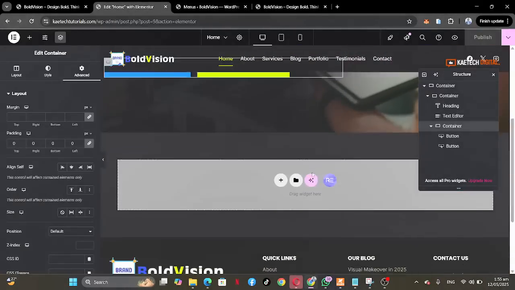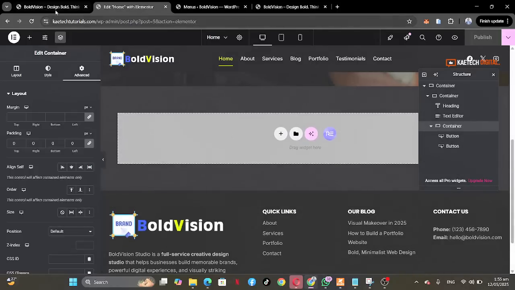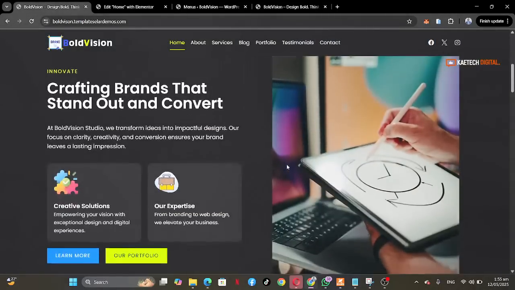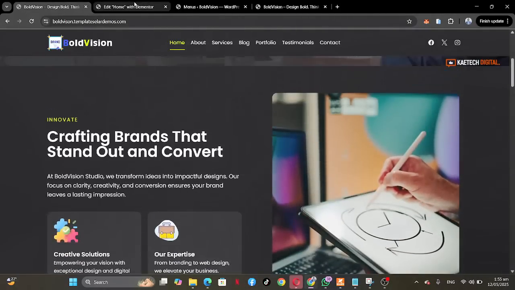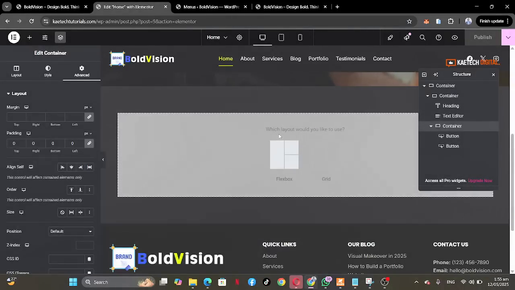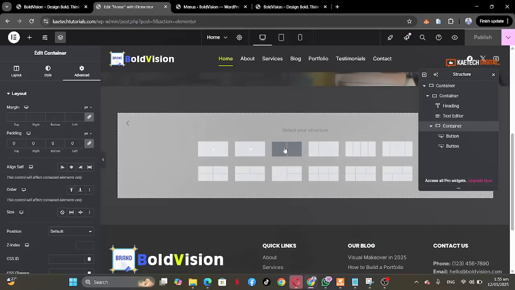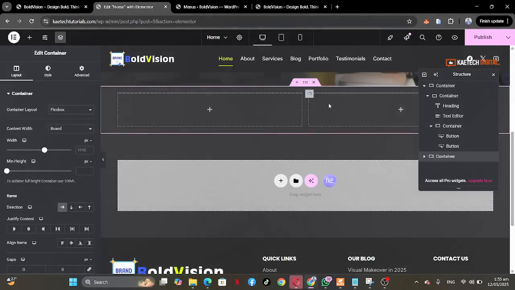Okay, so now let's quickly go to the next one. That's the next section over here, which is this particular section over here. We have this side and this side. Okay, so we have two different sides. So we're gonna go over here, click on add the Flexbox container, and we're gonna use this particular side. So over here, I will just put the 1280 pixel for the main container,